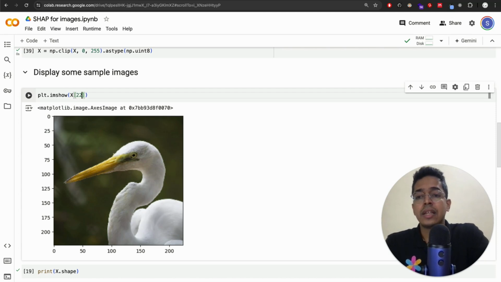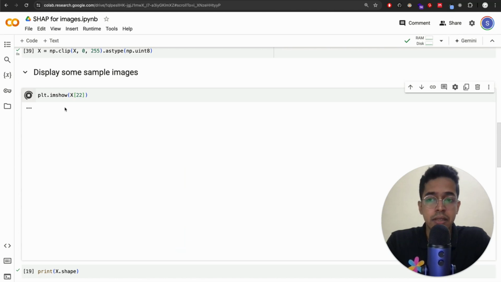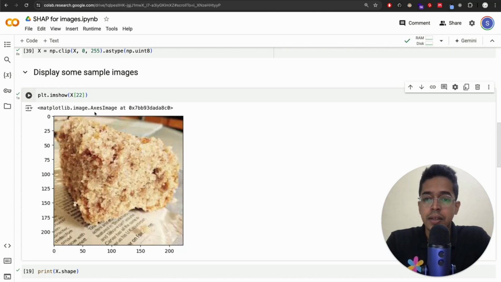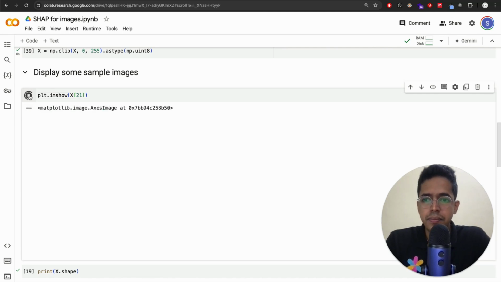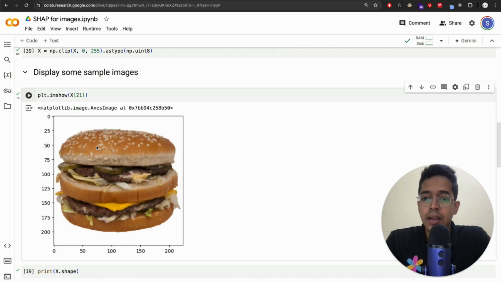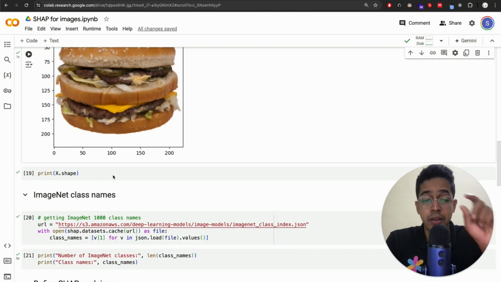So for example, one of the previous images that we plotted, we saw a woman. Okay, this one, the label of this can be burger. It can be food item, like food. It can be bun, it can be patty. There are so many labels that we can associate with this image. And in fact, when we make a prediction, we will see the initial few predictions, initial few classes in which